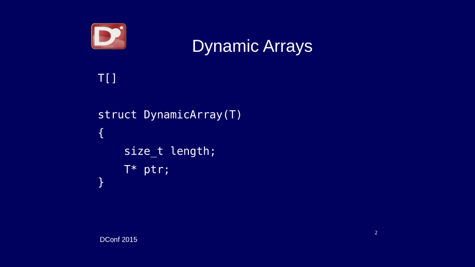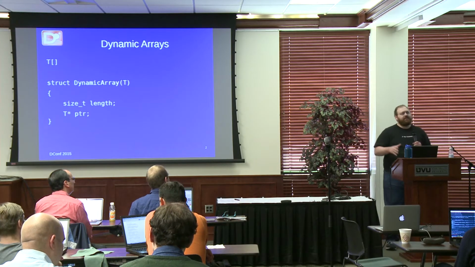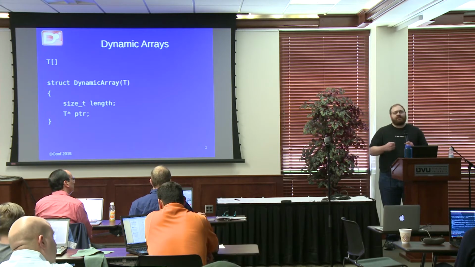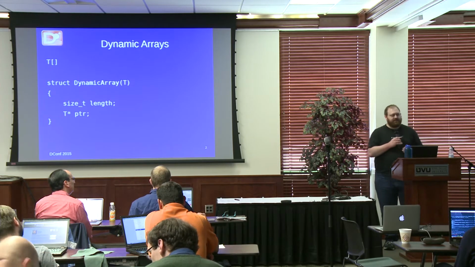I'm going to start out by talking about arrays. Originally I was going to talk quite a bit more about arrays than I'm going to, but the talk was too long. But understanding the basic semantics of dynamic arrays can be fairly critical to understanding how ranges work, not only because ranges are at least partially based on the semantics of dynamic arrays in D, but they're one of the most common instances of ranges, and their semantics often seem a little bit weird to newcomers to the language, and even folks that have been using it for a while sometimes misunderstand how they function and end up with weird things